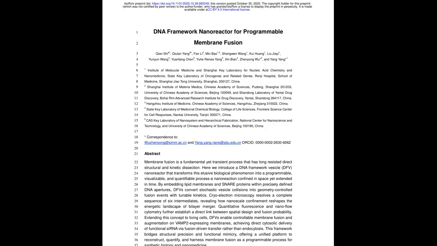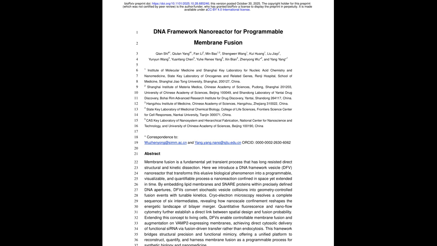In conclusion, this paper introduces a programmable DNA framework-based nanoreactor platform that precisely assembles lipid vesicles into defined geometries, enabling controlled snare-mediated membrane fusion under confined conditions. The DNA soccer ball framework serves as a versatile nanoscale scaffold, supporting tuning of intervesicle distance, docking window arrangement, and multivalent assembly. High-resolution cryo-electron microscopy captured 6 distinct fusion intermediates, characterized by quantitative geometric parameters, elucidating the dynamic fusion pathway